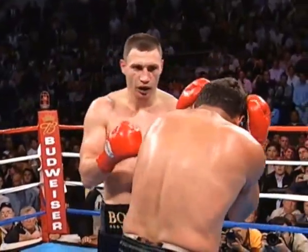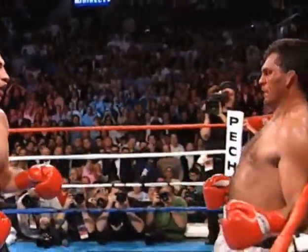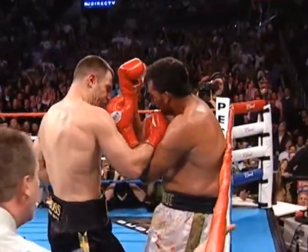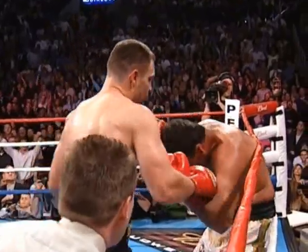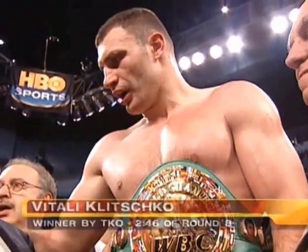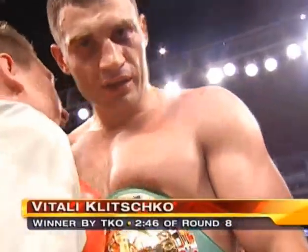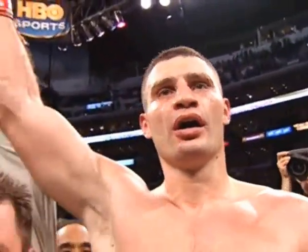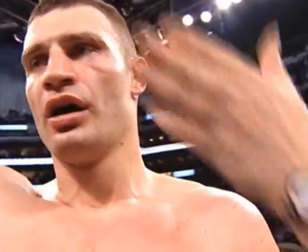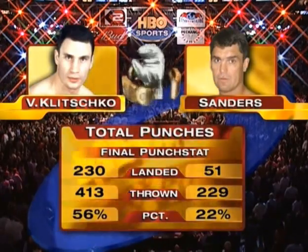Here's another look at the closing action. Finally, in the 8th round, Corrie Sanders' left hand was no longer really rocking Vitali Klitschko. And as Klitschko realized that Sanders... the winner by knockout victory, and now the WBC heavyweight champion of the world, Vitali, Dr. Iron Fist Klitschko. Serious performance by Vitali Klitschko in pursuit of glory. He wound up